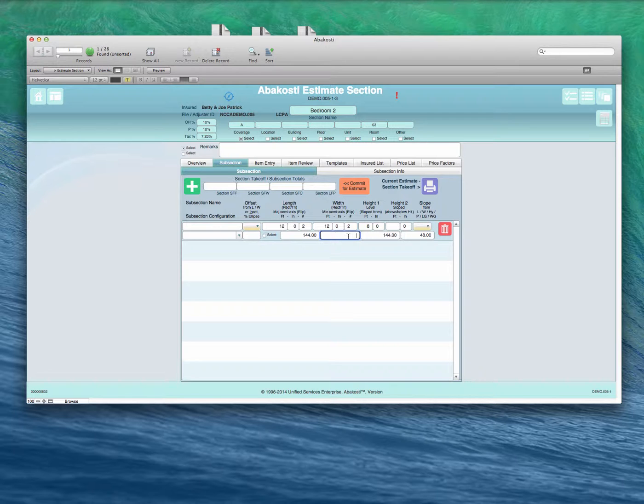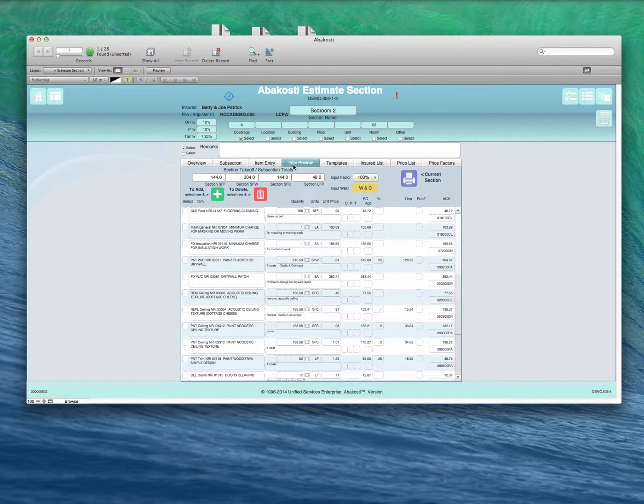The calculation for this field assumes that if there's an entry in height 1 and in height 2, there's got to be a slope determination in order to calculate this. So if you're not using a slope, you need to make sure these are vacant, and then the total will show up here. We click the commit to estimate, go over to the item review,